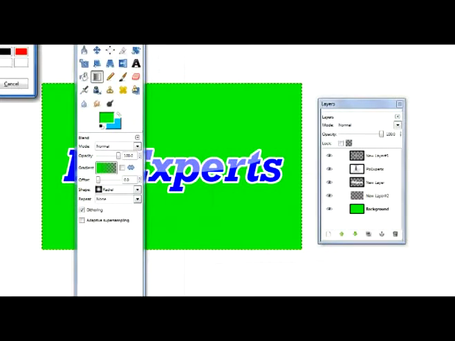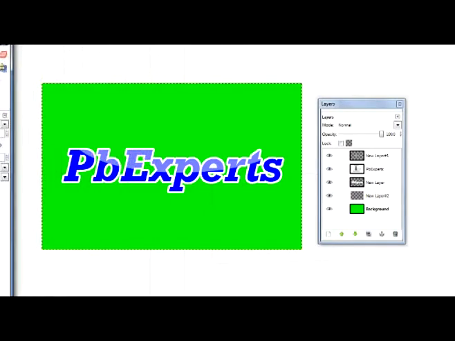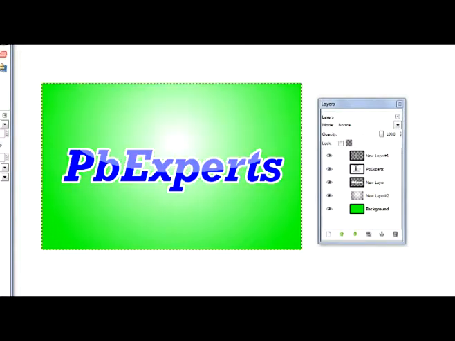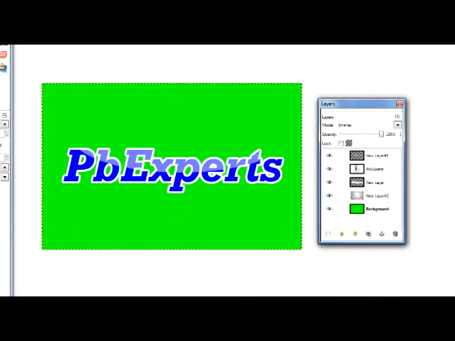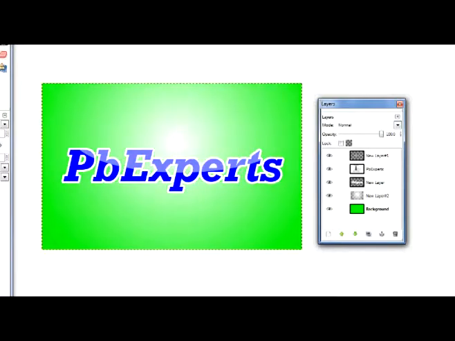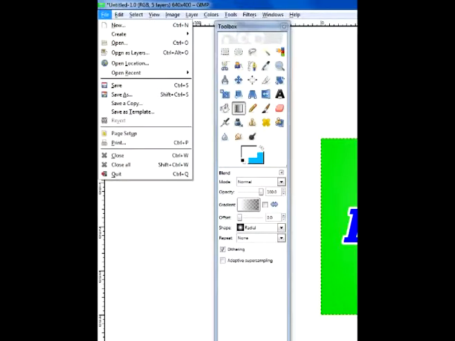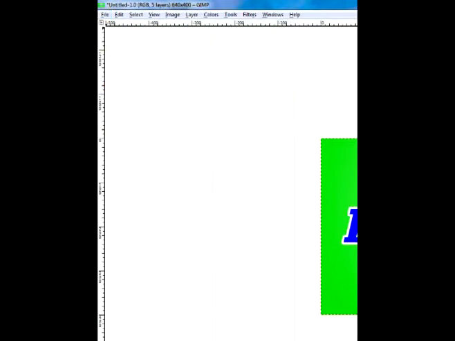So we're going to make a new layer above the background and go to gradients and do foreground to transparent and make the color white. And we're going to make some strokes about like this and try to make it as center as possible to where you want it. I kind of like this. And go to mode and put it... not overlay. Let's just kind of tone down the opacity on this one, and you get like a shiny in the background. So now we're going to do the basics, which is edit, save,